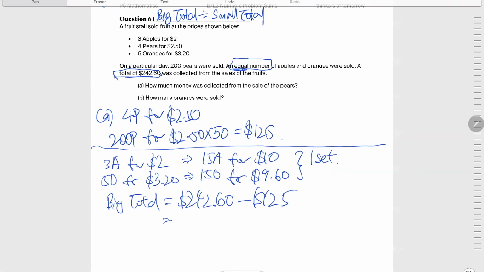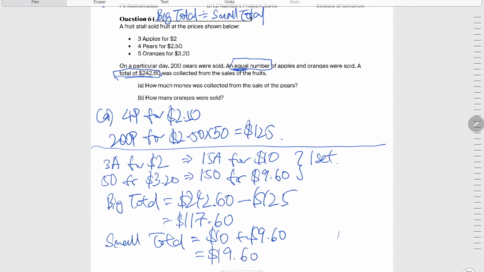In this case, the big total would be 117.60. Since the question gave you a total of 242.60 collected from fruits, a total of 117.60 is collected from apples and oranges. They require you to find the small total, which is 10 plus 9.60,